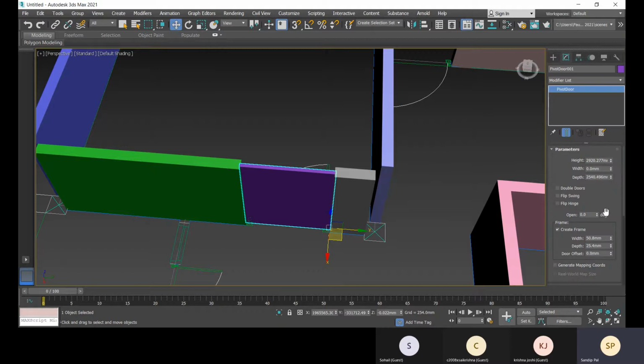You can go to this again and you can change the width. Define that like 50 mm. Height will be 3000. Oh, sorry, that will be 2100.